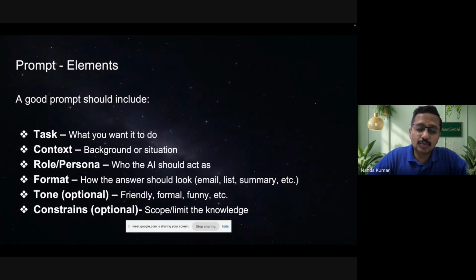You can tell an LLM to draft an email, right? Or I'll give you another example. You can tell an LLM to go and write a poem, and you give the context: tell this poem to my friend. If you give this instruction, the LLM will be able to write a poem. But the moment you give a role, like, behave like a 5-year-old child and then write a poem.